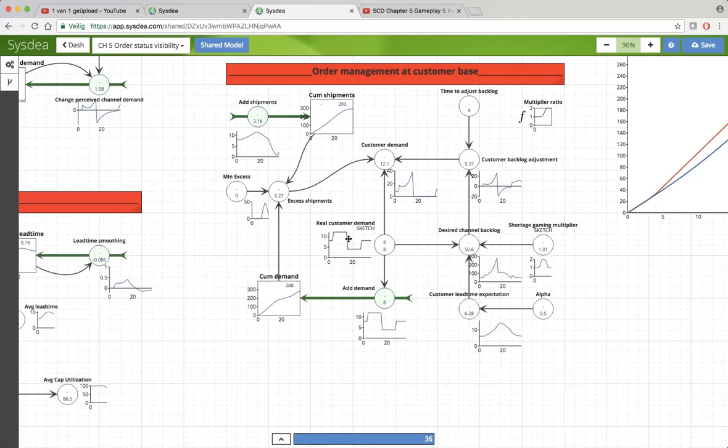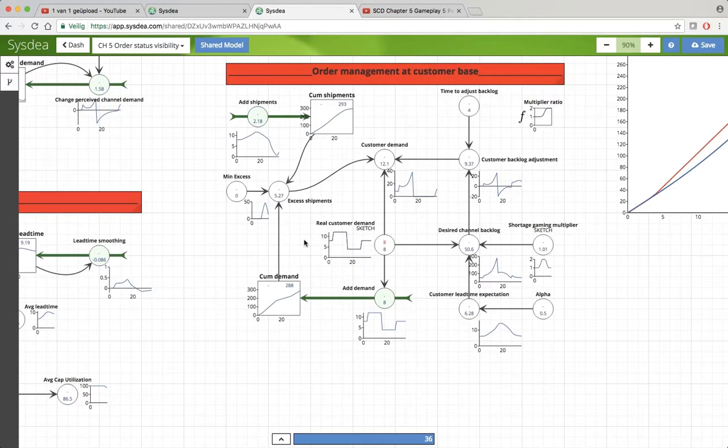Then excess shipments. For a long time, the customers are therefore, because of these phenomena, asking for more shipments than they really need given their real customer demand. And that means that you see here demands of 40 in a certain period, whereas in reality, they never needed more than 12. So that demand bubble bursts at a certain point. When does it burst in this model? It bursts at the moment when the real demand, the cumulative demand, becomes smaller than what has actually been received in shipments. At that point in time, the customers say,